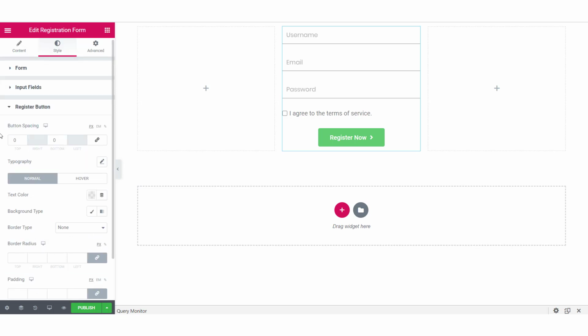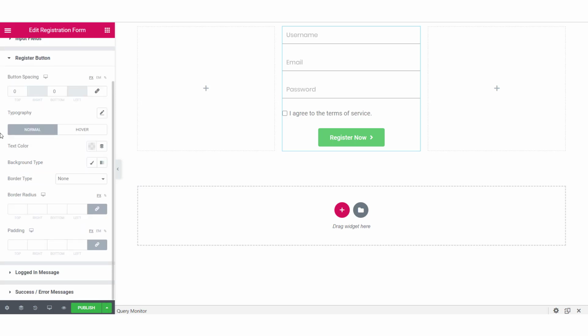Now coming over to the register button styling, you can change the button spacing, typography, text color, background color, border, and padding.